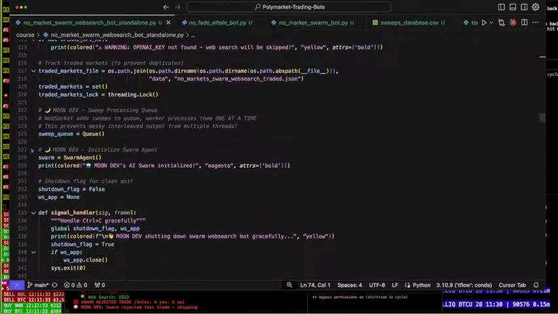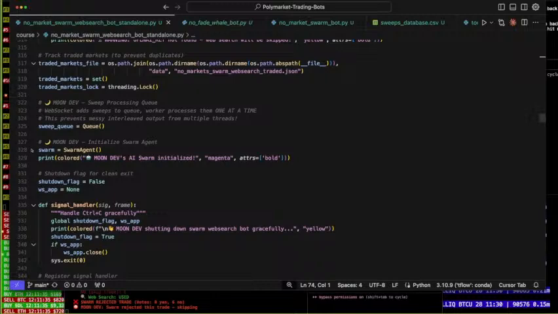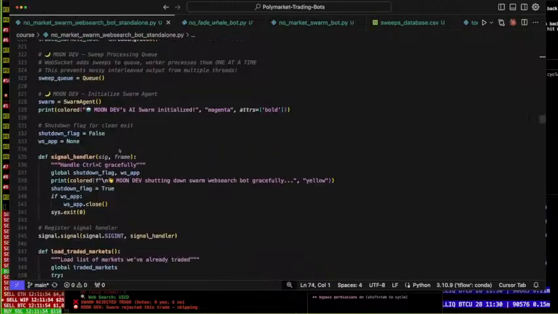Then we track our traded markets here. And then we're going to process some sweeps. Sweeps are just big orders from traders. I'm just watching them. It's a way to populate the markets. There's no way to just pull markets. I mean, maybe there is, but this is a good way for me to populate markets because I know there's volume there. I see big traders, and then I can say based off of that, okay,